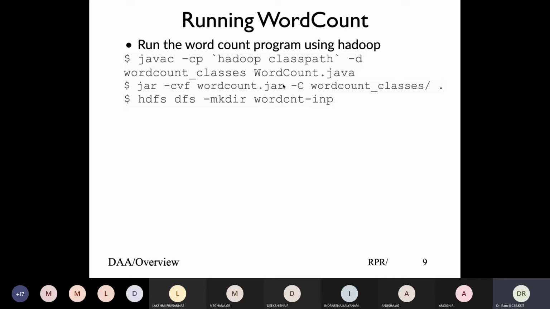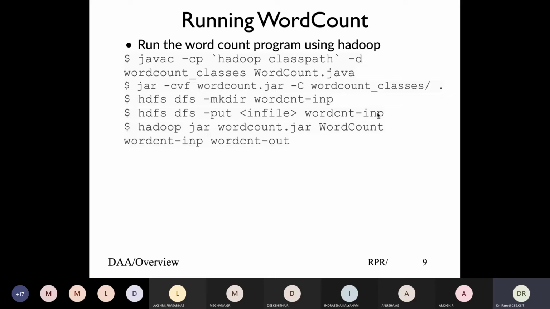Now you have to have a directory where you have an input. So I create a directory, wordcount input. I could copy whatever data I want to process into that directory and then invoke my word count program, which is hadoop jar wordcount.jar, which I created here, and which program to use. WordCount is the actual class I'm going to invoke in the jar file, then the input directory, then the output directory. Make sure that the output directory is not there, because if it exists, you'll get an error. And that's how the program would run.